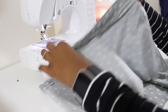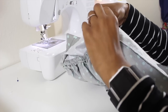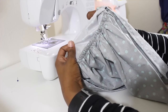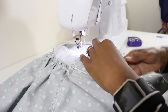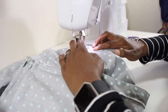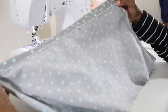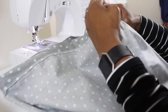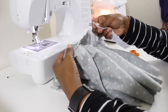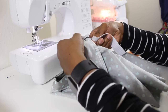So we're going to feed it through, and then once we have the elastic in, we're going to sew the elastic down in the side seams. So let's go ahead and sew down the back waistband only. Once you have your back waistband sewn down, remember the front is still open. We're going to now feed our elastic through. So go ahead and grab your elastic and just put a safety pin in it and then start feeding it